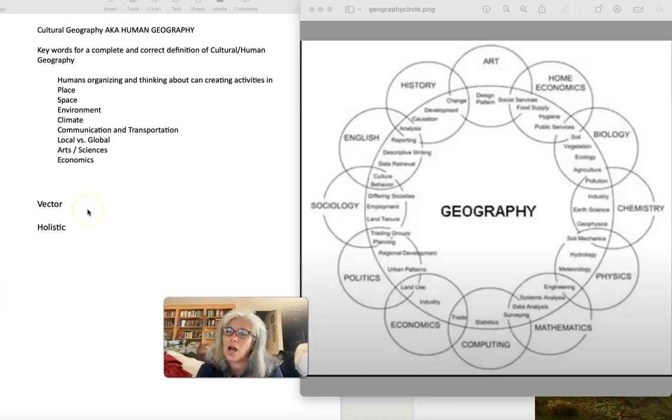And I have a notes page on the board behind me, if you can look at that. Just some basic things to remember about cultural geography or human geography, that when we talk as geographers, when we investigate our field, we try to understand humans through the lens of what place do those humans exist? What's the location like? How much space or what is space like around them? Because our mental map, our mental concept of our place in the world has to do with the characteristics of our location and our environment and the education level that we have, the climate that we come from, the fields